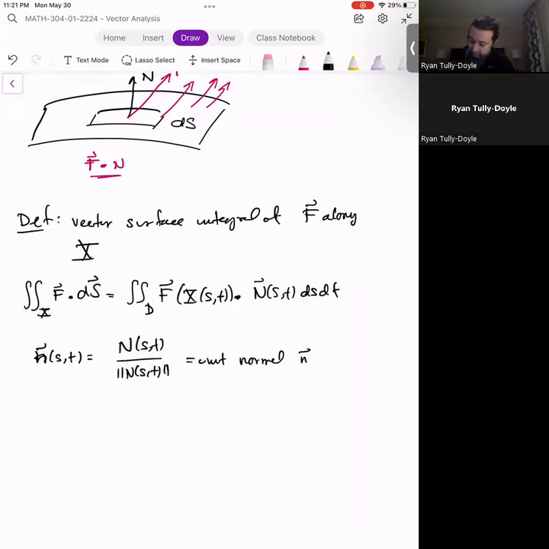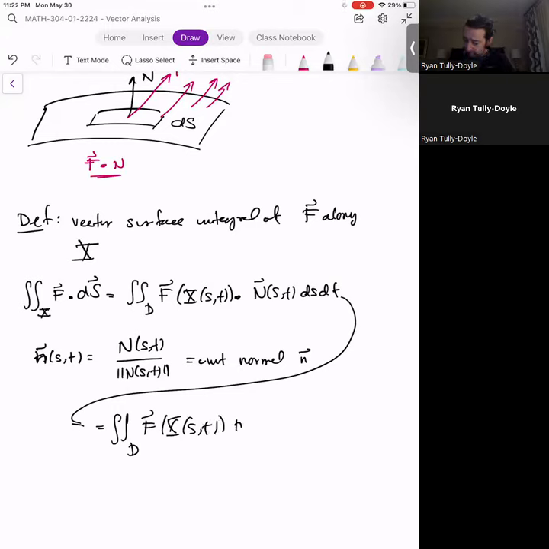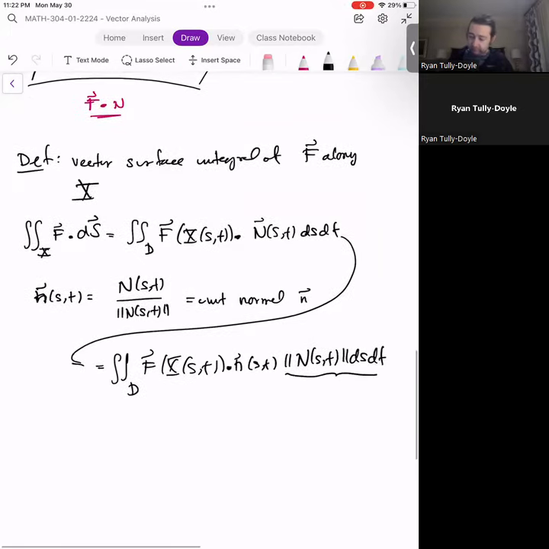And if we do that, well, this equation then becomes the double integral over D of F(X(s,t)) dot n(s,t) times the length of N(s,t) ds dt, but this is ds without the vector. And so we could rewrite this as the double integral over X of F dot n